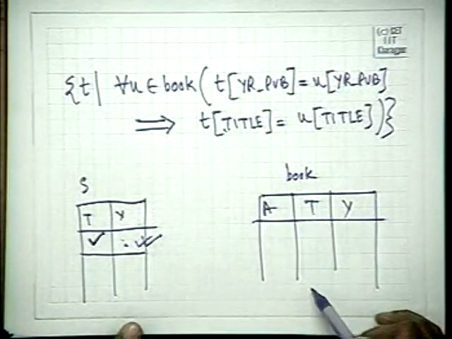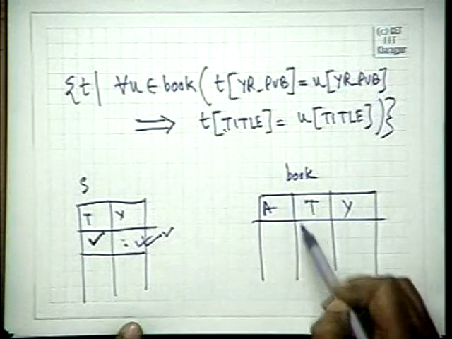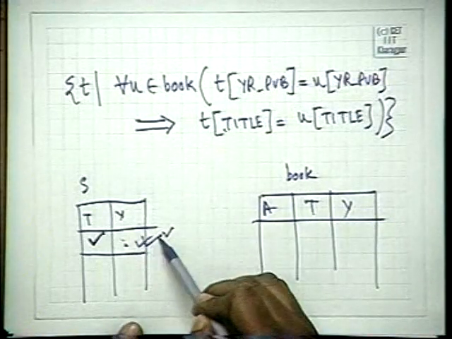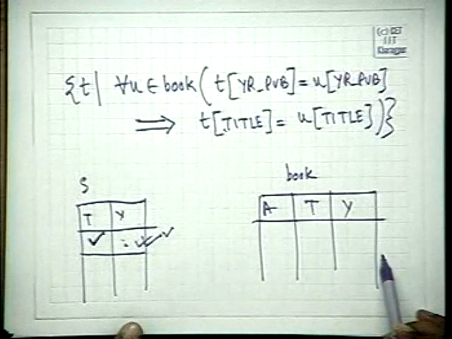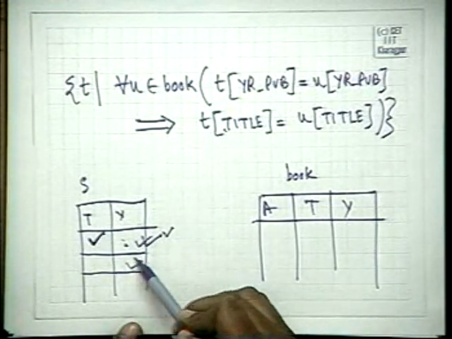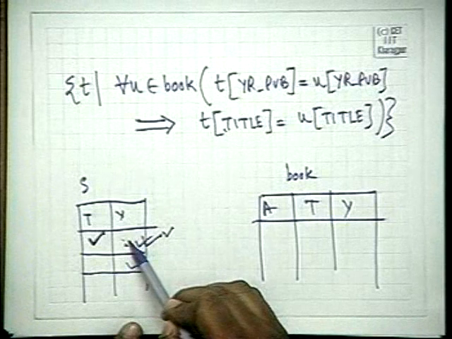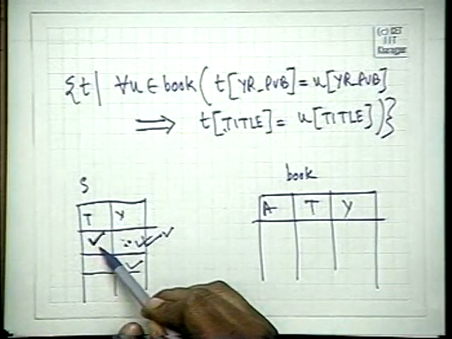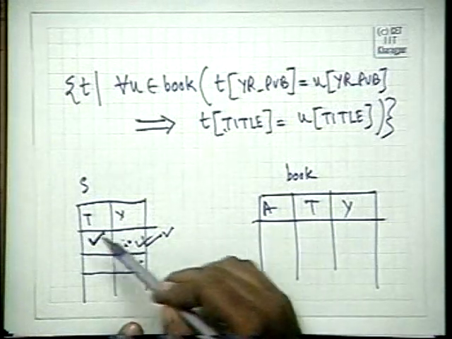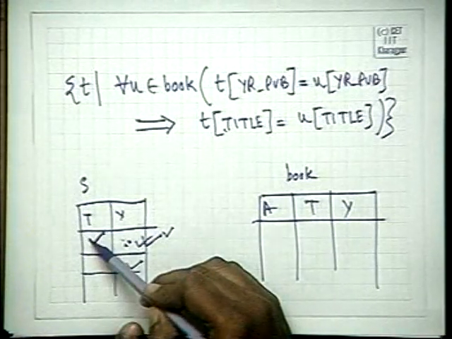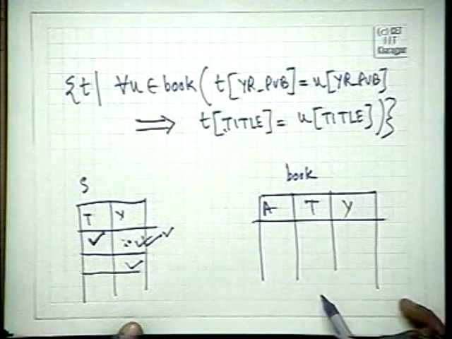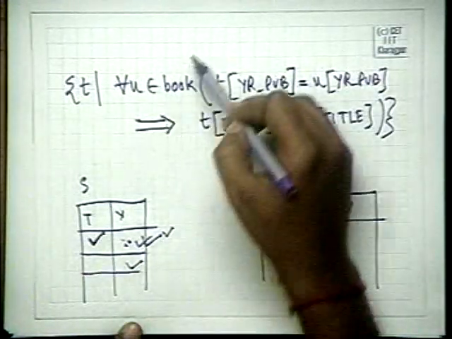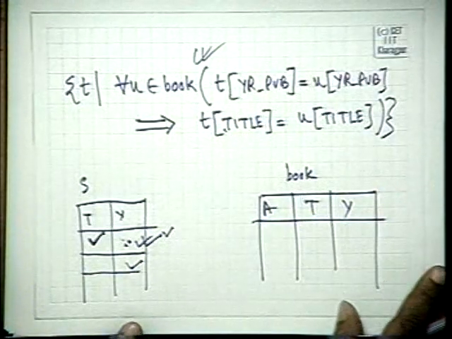For all books, for this tuple, for each and every book, if the year of publication is same, then the title is same. This must hold for this one also. So if this book is published in 1991, then this will contain all the books, that is the only book in 1991 which is available. In 1992, there must be only one book available, otherwise this query will not be satisfied. And using this for all,